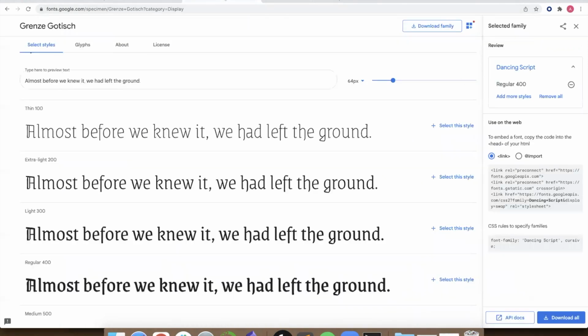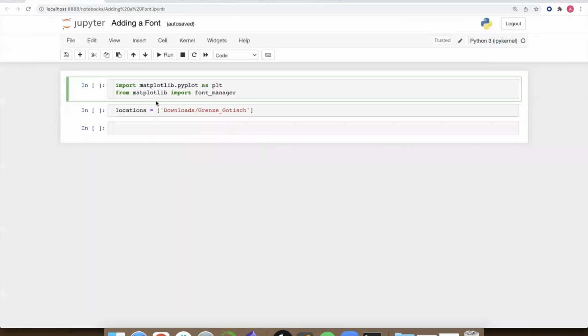I've gone ahead and downloaded this font over here. You just click this download button over there. It'll download a folder with all the different variations of the font. Okay, so after you've done that, found the font you want, go over to whatever you're